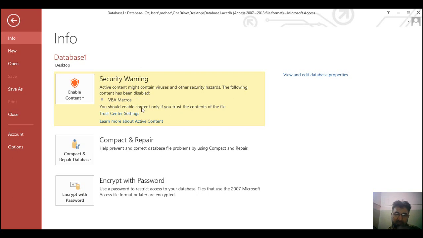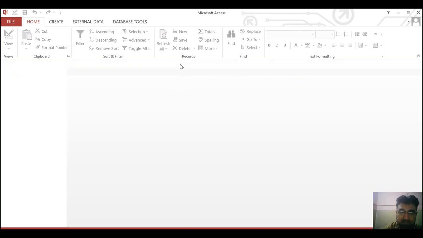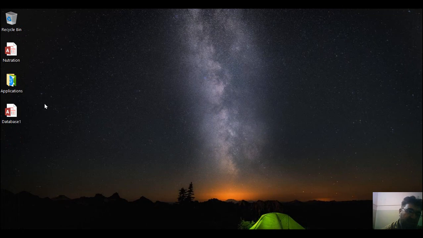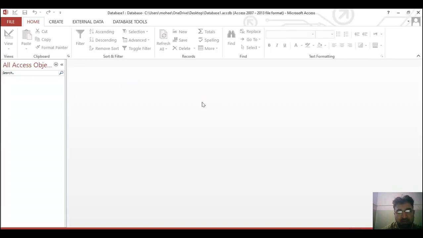If we trust it, we tell Microsoft Access that we trust it, then Microsoft Access does not show this warning again. Suppose I go back and enable this content, once I told Microsoft Access that I trust this database. When I close it and click this again, now look at this, it does not give me this warning sign again.